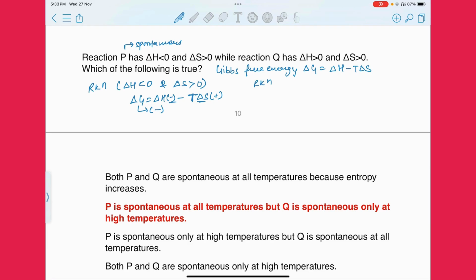For reaction Q, delta H is greater than 0 and delta S is also positive. Again delta G is equal to delta H minus T delta S. Delta H is positive here and delta S is positive. This will be true, but at higher temperature,